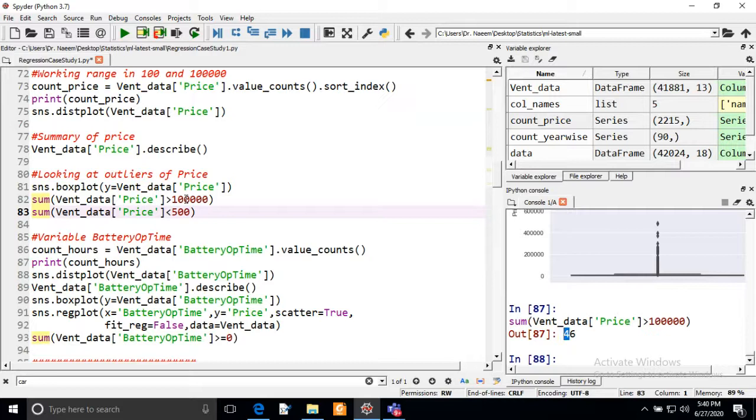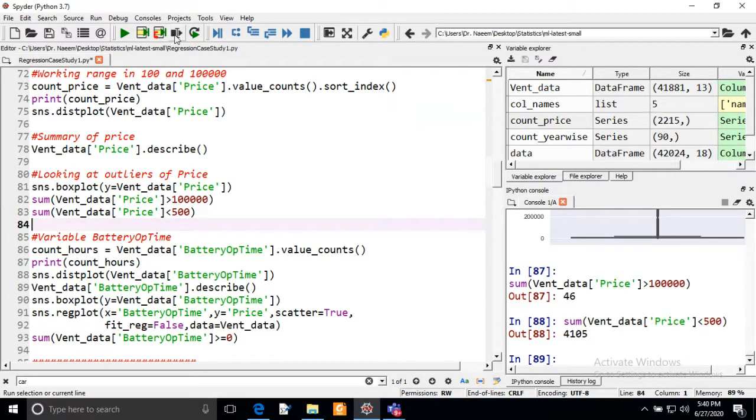So I'm fixing 1 lakh, but the minimum price of the ventilators I'm setting at 500. So I can see how many entries we have below 500. We have 4,105 entries below 500. It may be 200 INR or 0 INR, all these entries are coming below 500.